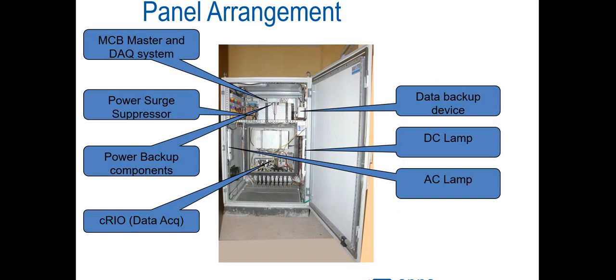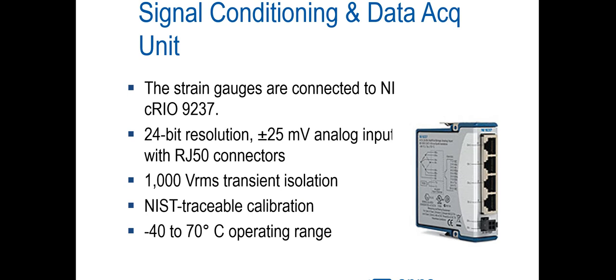So this is just a photograph of an actual wheel impact load detector, just to give you a view of the system. This is how it looks. Okay, so this is basically the data acquisition unit. We said that there is a real-time embedded controller, right? So National Instruments, an American multinational company, makes this controller, and we make use of this controller to record the readings and further send them to the software for processing.